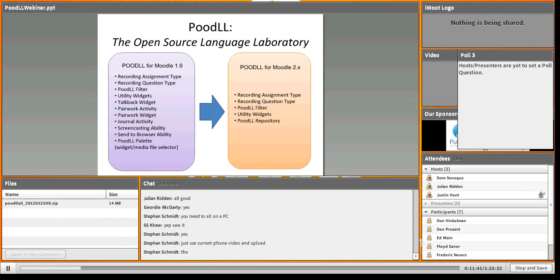And pair work, so we had pair work, we could have pairs of students talking across the room using video or audio, and we have shared whiteboards. And that's another thing that hasn't made it to PoodLL 2 yet. And we had a journal activity and some screencasting and a few other things. So those things didn't make it to Moodle 2 or PoodLL 2,